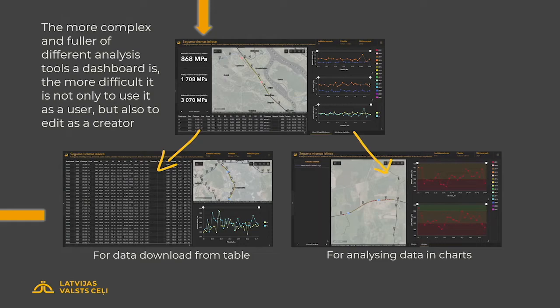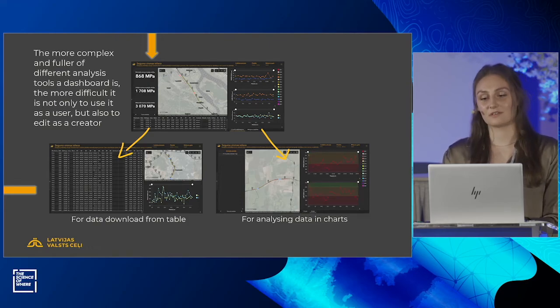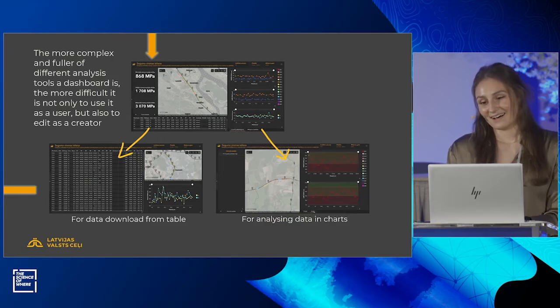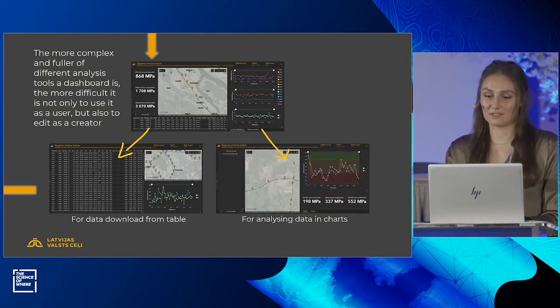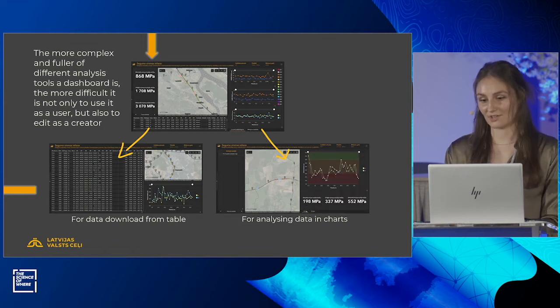The dashboard I have just demonstrated was one of the first I created, and I tried to put as many analysis tools as possible in it, where the selections change depending on another analysis tool, which in turn changes depending on the third analysis tool, and so on, resulting in more confusion than comprehensively analyzed data. This led me to the conclusion that the more complex and fuller of different analysis tools a dashboard is, the more difficult it is not only to understand and use as a user, but also for me to edit